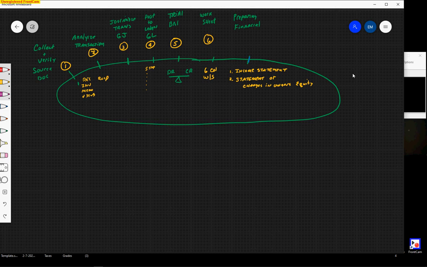The third financial, well, once we've done all these different things, we need to make sure that everything is still in balance. So the third one is going to be a balance sheet. So that is step number 7. Well, step number 8 is that we have to then journalize and post